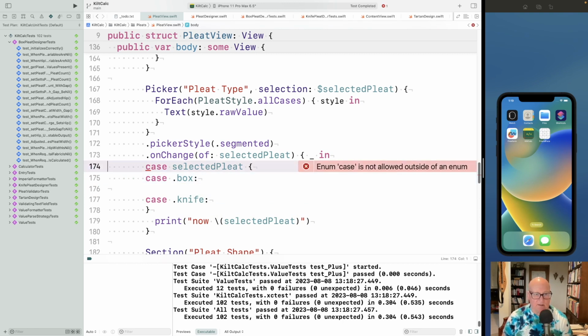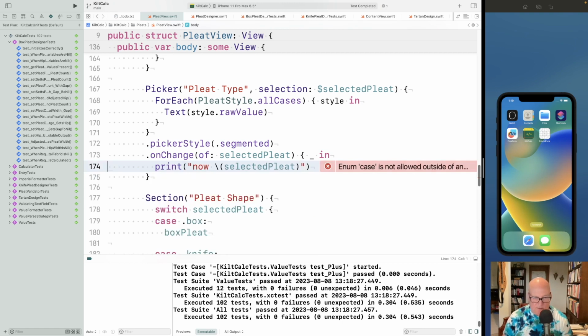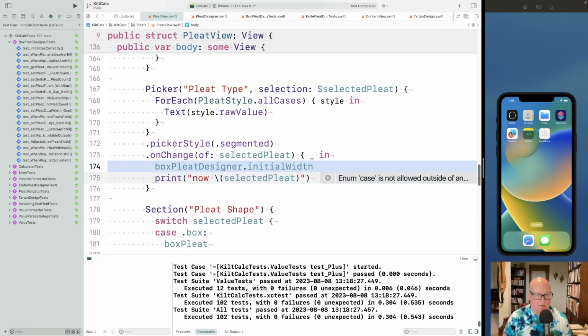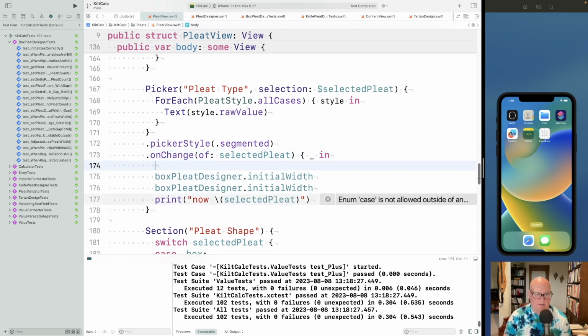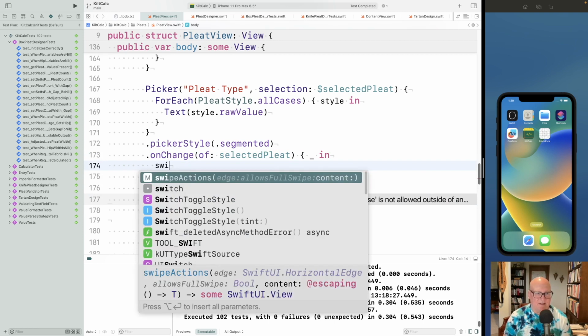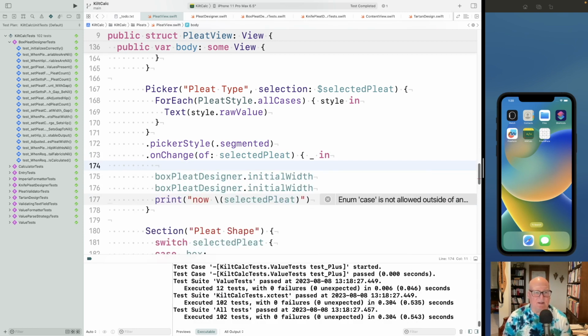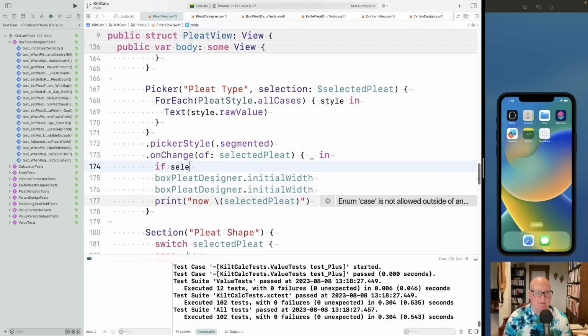Well, actually, I don't think I do have to do a case. I think I can just do them. Oh, I have to do a case to get to them. All right. Well, an if. If selected pleat equals box,